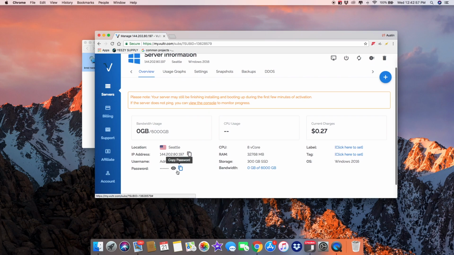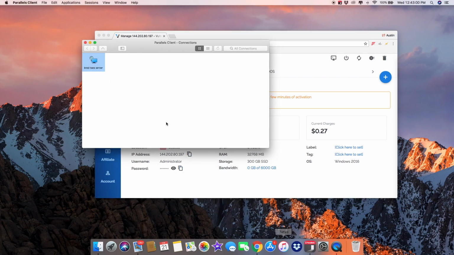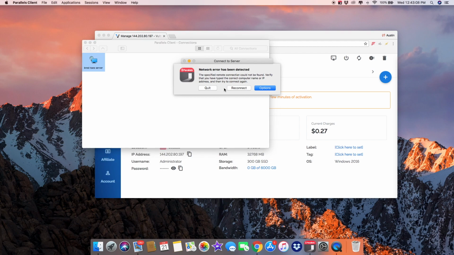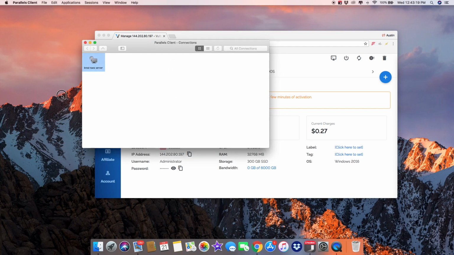Double click that, and what you might find, which happens to me a lot, is it goes to a black screen and just sits there for a while, and sometimes it'll give you a failure. But while you're waiting, you can go in and copy the password. Then go back, and it'll still be a black screen, and then you see this network error detected. You might get this a lot, and that's what frustrated me a little when I was first trying to solve this, but just keep clicking Reconnect or Quit, and then you can just quit and try it again. It might take a couple of tries, but eventually you'll get to where it says,